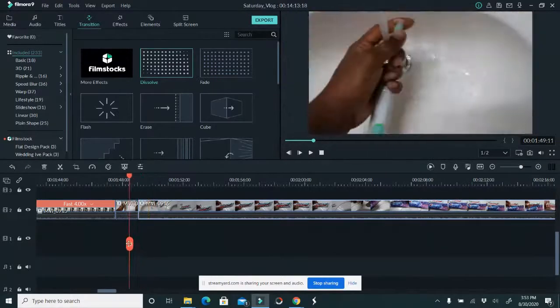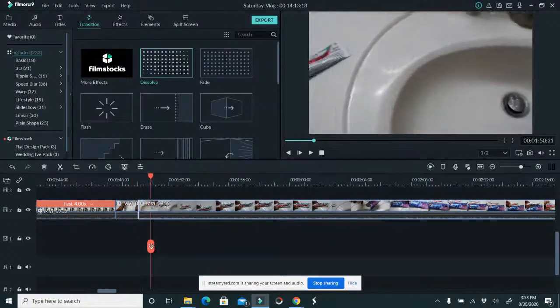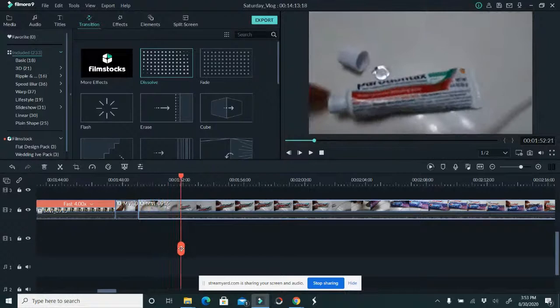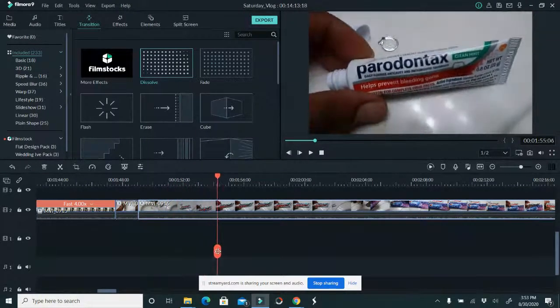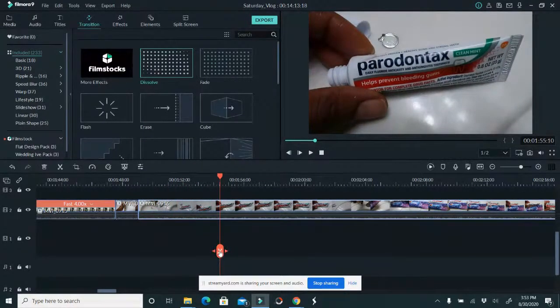This angle, you see how I just take it and it's as if the camera is moving to show the toothpaste. So I want to talk about this toothpaste. Okay, so this is one thing I'm teaching you guys. So when you are doing videos,